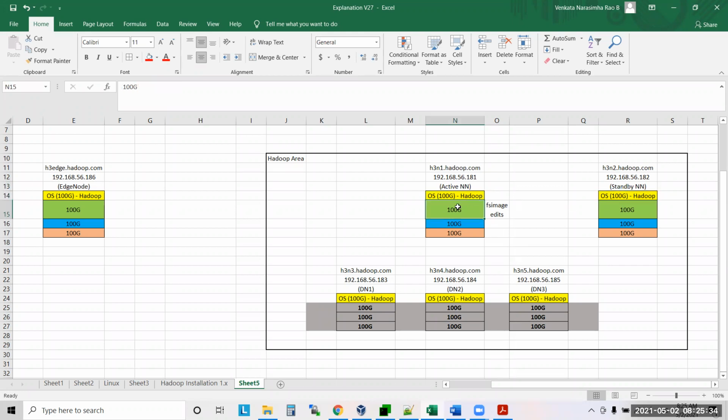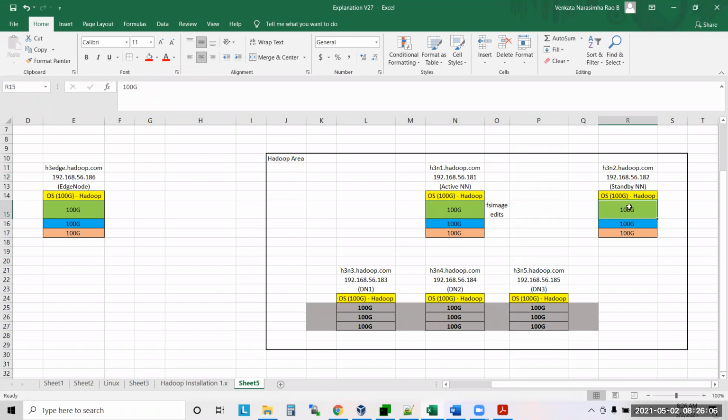Now if the active is down, what will happen? Standby will become active. Suppose 181 is active, 182 is standby. Now 181 is down, then 182 will become active. Now if 181 is started again, what is the status of 181? Is it active or standby? Standby only. If this is active, this will act like a standby.